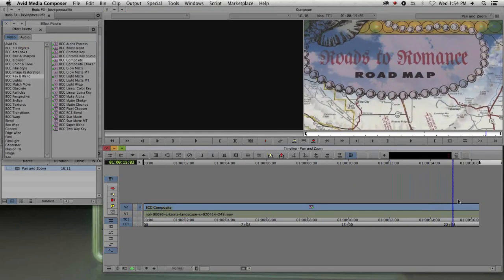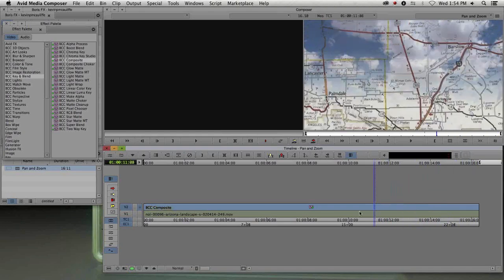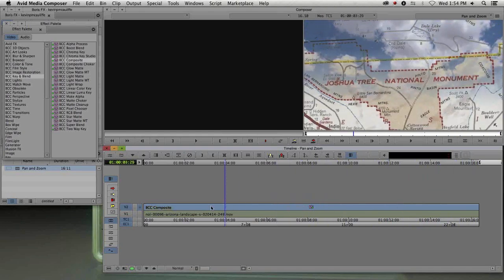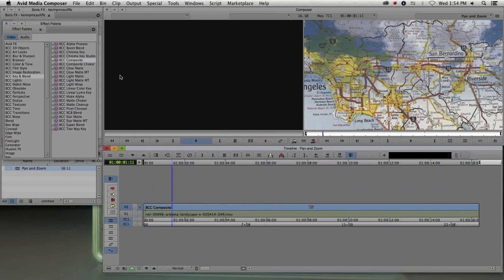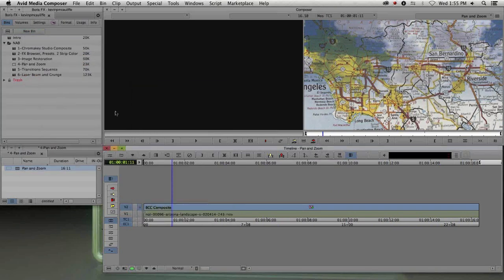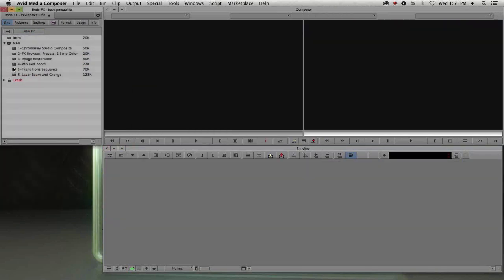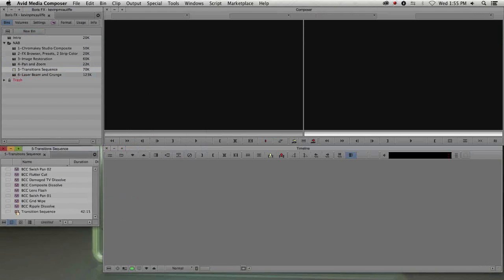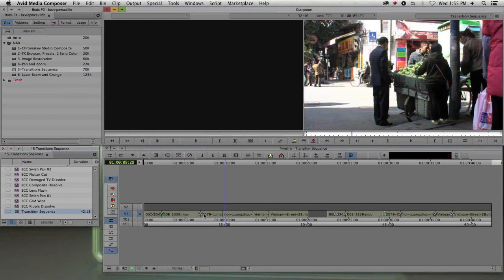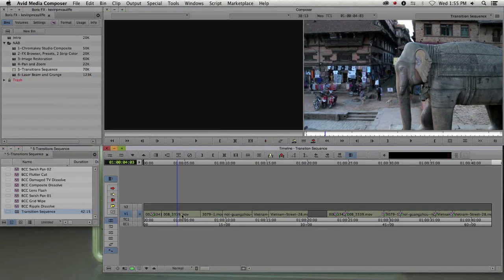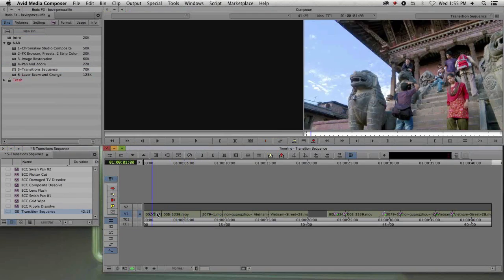This could be time-lapse sky, could be really whatever we wanted it to be. Very cool. Okay, so let's move on. A couple more things that I do want to show you. And let's talk about something that, to be perfectly honest, in the past, I never got really excited about, but I'm now very excited about. And that is transitions. Let's talk a little bit about transitions inside of BCC 9, because believe it or not,